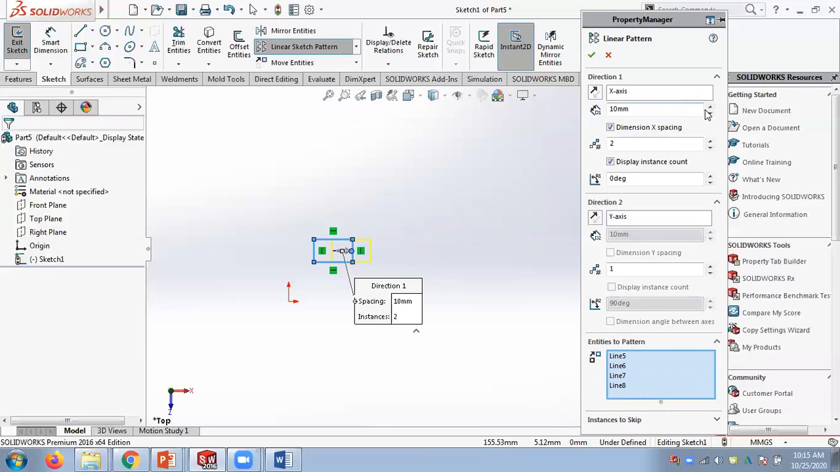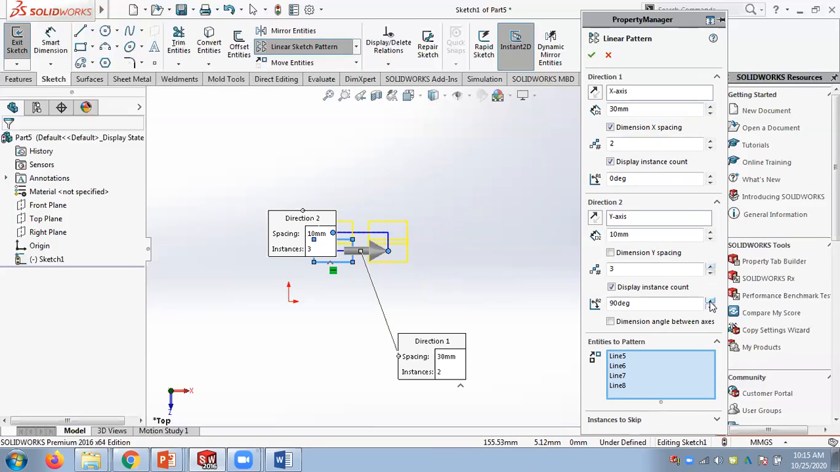And the gap I can increase in x direction. In y direction also I will increase the instances, and the gap also. Now,